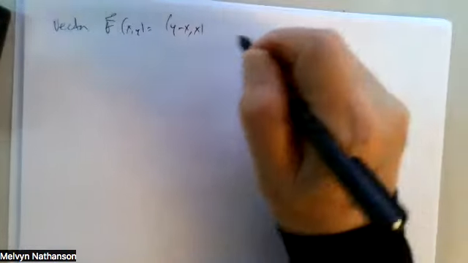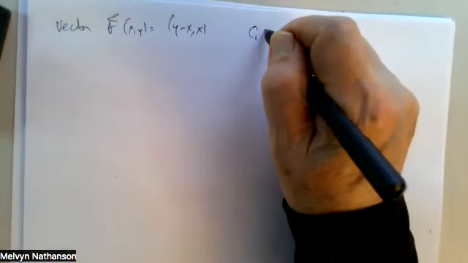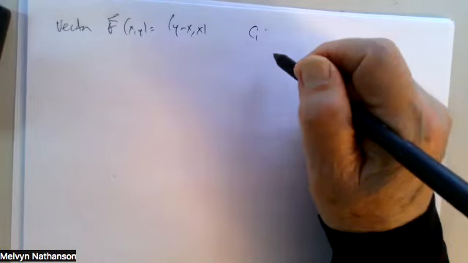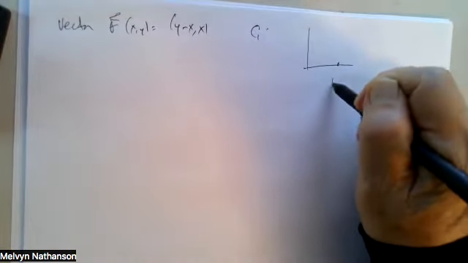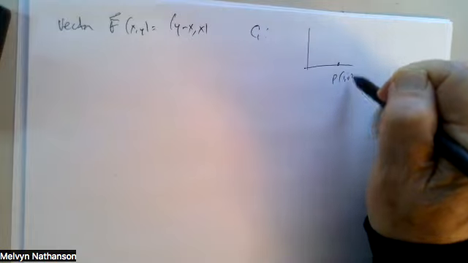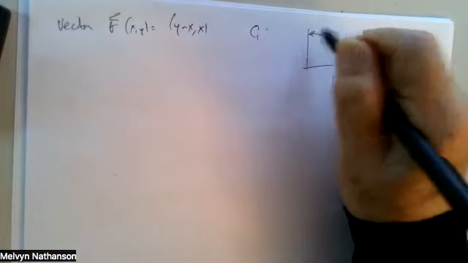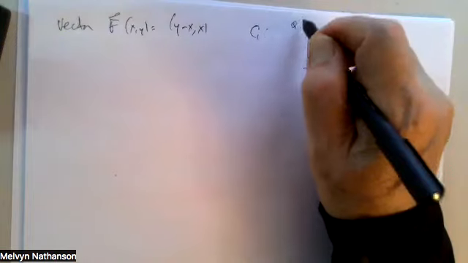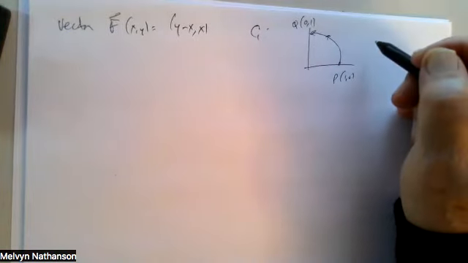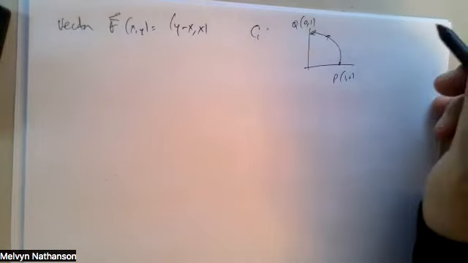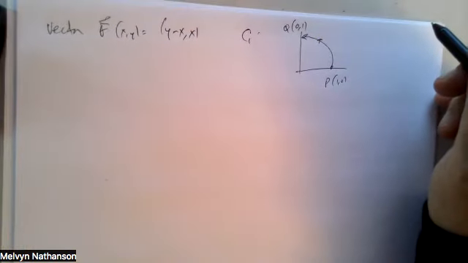And suppose we take as our curve C1 the quarter circle that we looked at a moment ago. Start with the point P with coordinates 1, 0, and we move around the circle to the point Q with coordinates 0, 1. And we can parametrize this